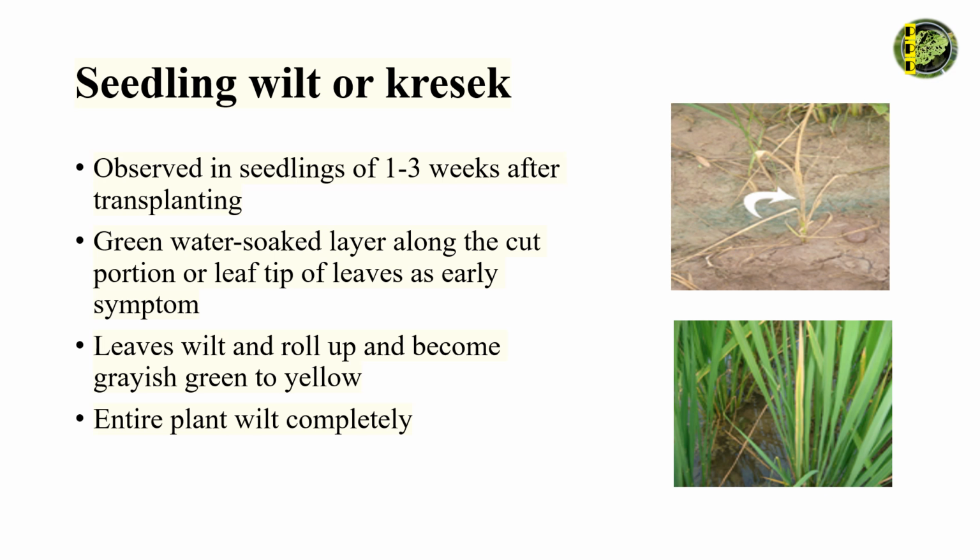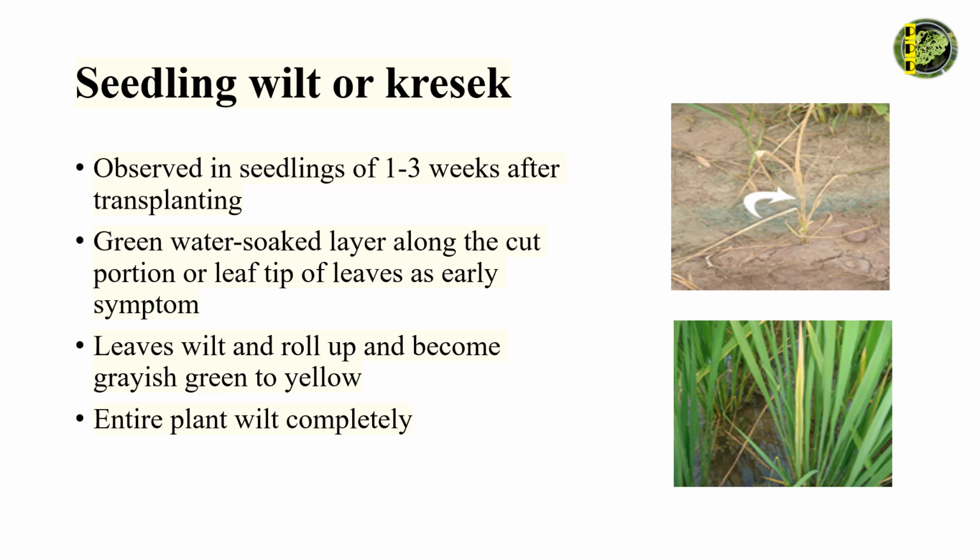Initial symptoms include the appearance of green water-soaked lesions along the cut portions or the tips of the leaves. With the disease advancement, the leaves start to wilt, roll up, droop, and appear grayish-green to yellow in color. In severe cases, the entire plant wilts completely, thus killing the plant, resulting in partial or total crop failure as